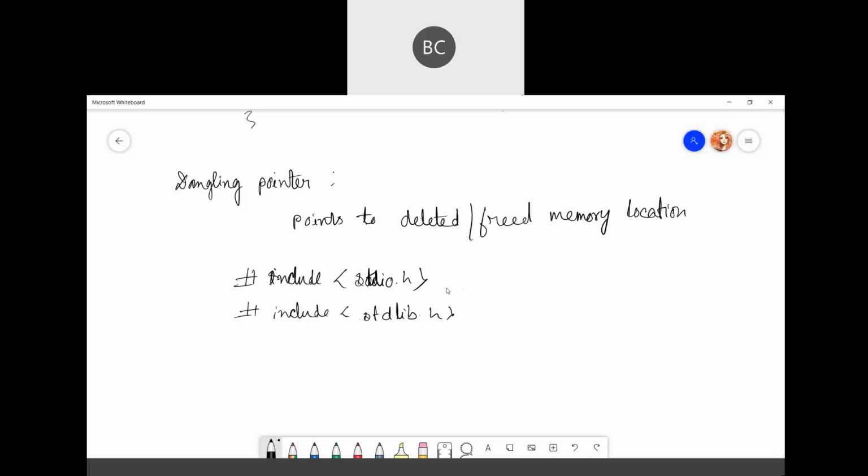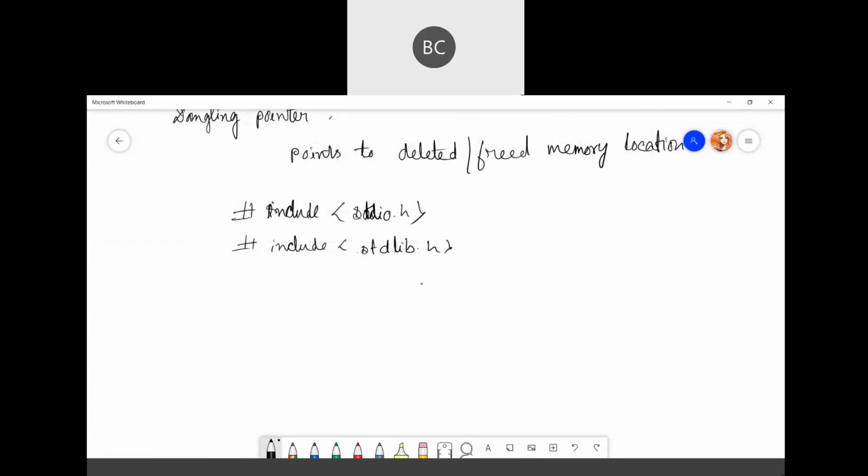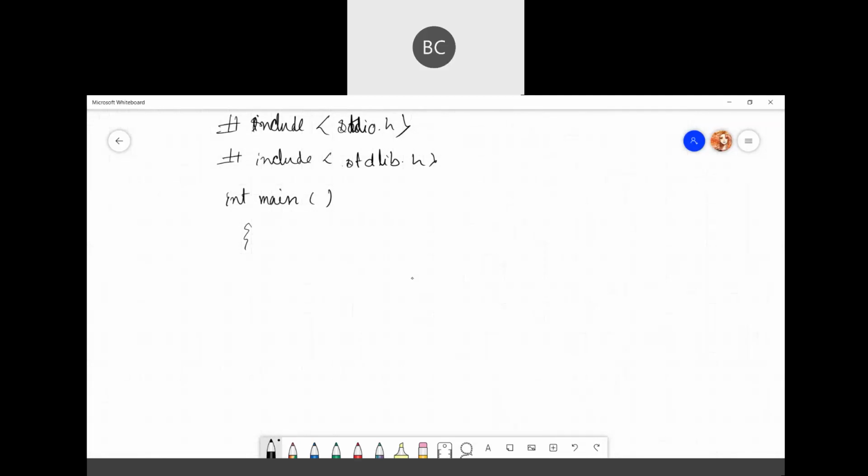We use a standard library function whenever we need dynamic memory allocation. Here we have a pointer p, and this is the syntax for dynamic memory allocation, if you remember.